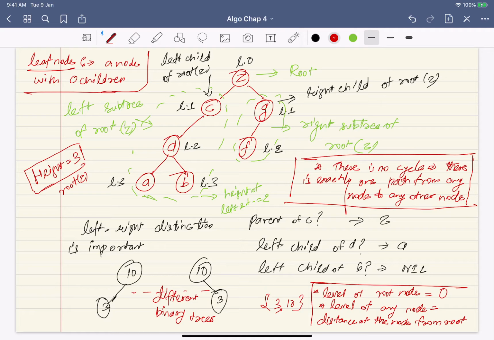Then you can immediately say which nodes are leaf nodes here. Z is not a leaf node, C is not a leaf node, G is not a leaf node. All of them have at least one child. Similarly, D is not a leaf node. But what about A? A is a leaf node, yes, no child. B is a leaf node and F is a leaf node. So this is a leaf node, this is a leaf node, and this is a leaf node.